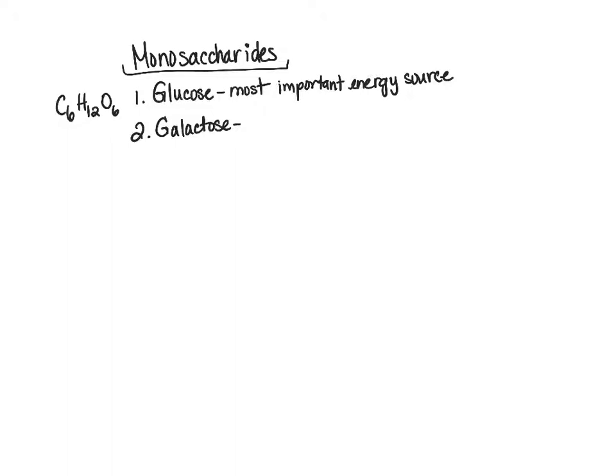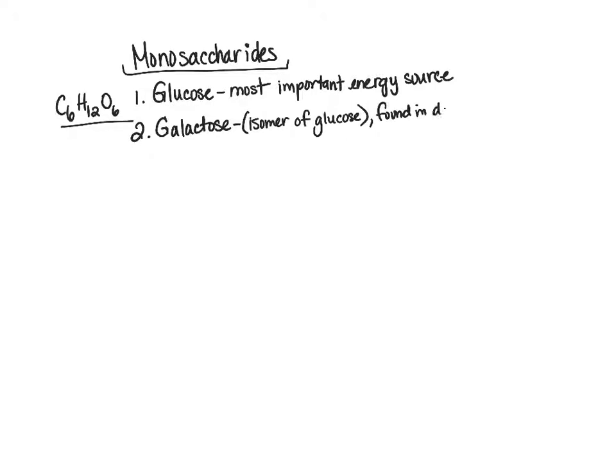Now, galactose is an isomer of glucose. Remember, that means it is also C6H12O6, but the oxygens and hydrogens are going to be oriented differently. So galactose is an isomer of glucose, and we find galactose in dairy products,